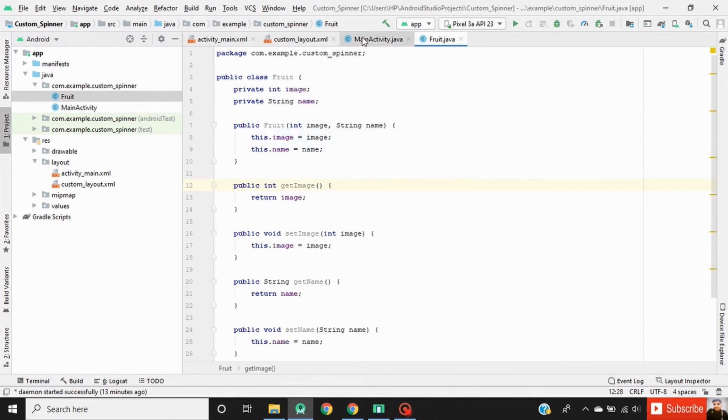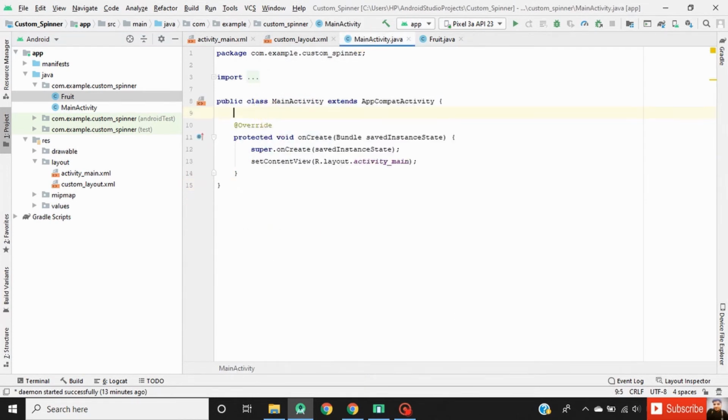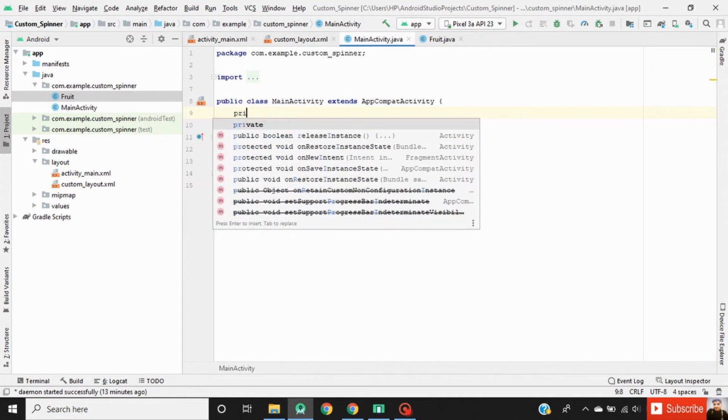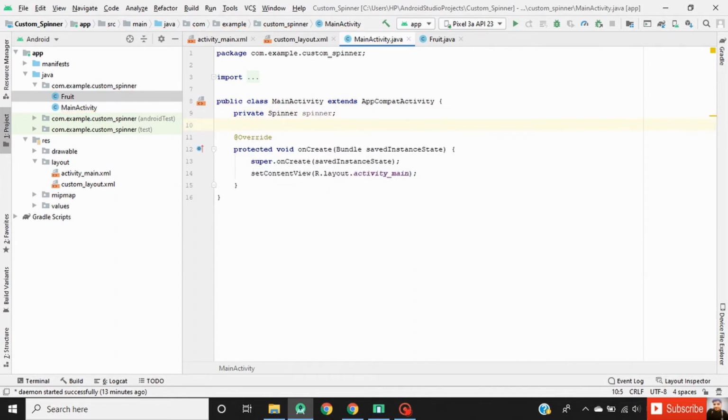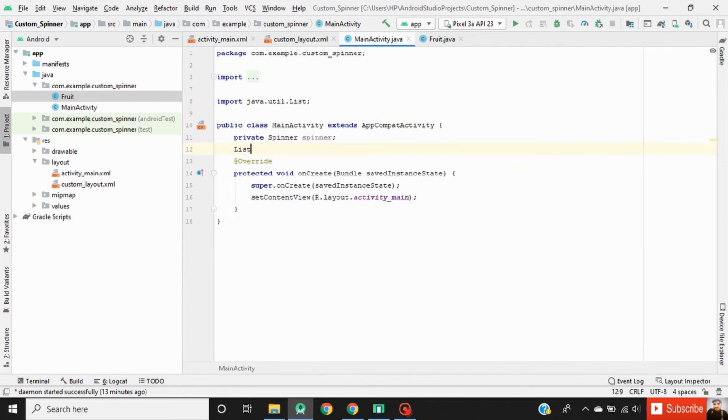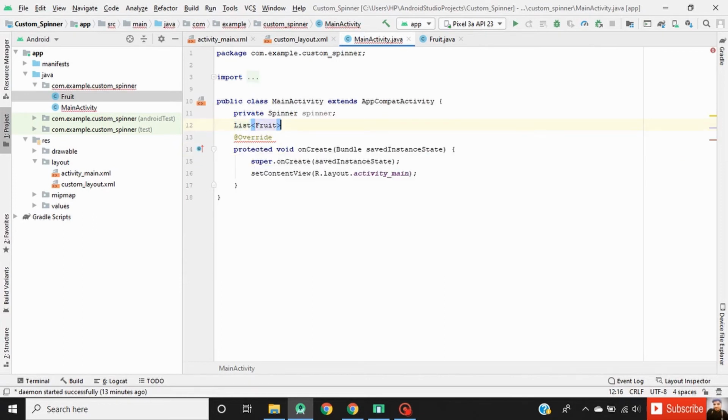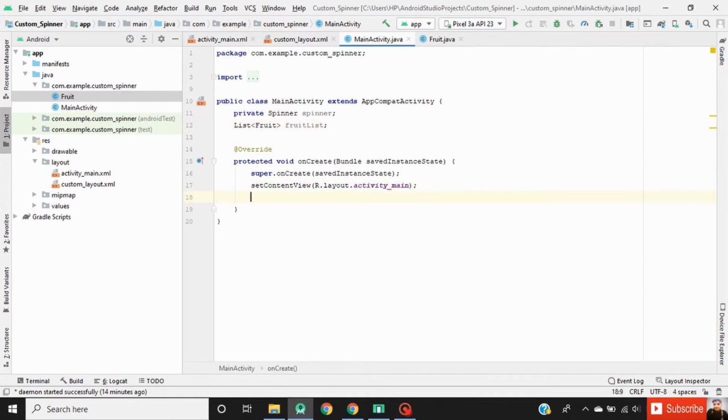Now go to MainActivity.java, define our spinner object, declare a list of Fruit class and name it fruitList. Now initialize our spinner object.